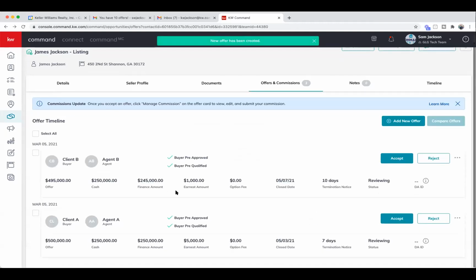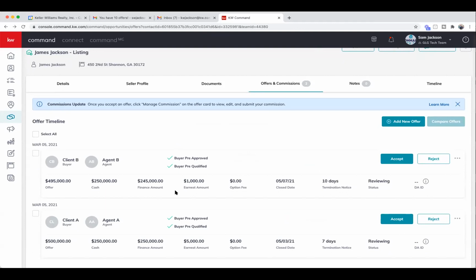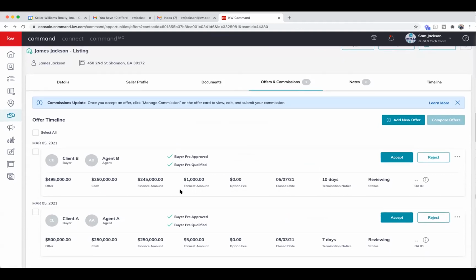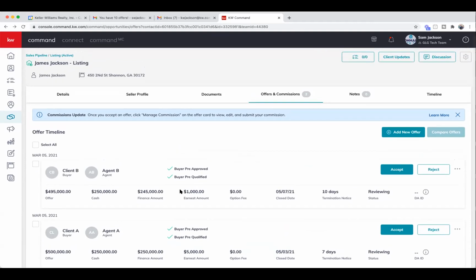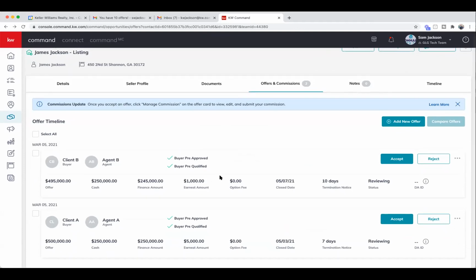And what's really cool is that, again, I'm not going to go through and create 10 of these. I'll show you what that looks like for an opportunity that does have 10 in here. But ideally, this gives you a really quick rundown of what an offer looks like that you can send to your clients. Now, normally, I would say that we're putting in just the one that we want to accept that we're going to get paid on. But this is the cool tool that you can share with your clients just to kind of manage this overwhelming multiple offer situation. So once you have more inside of Command underneath commissions, you have the ability to hit this